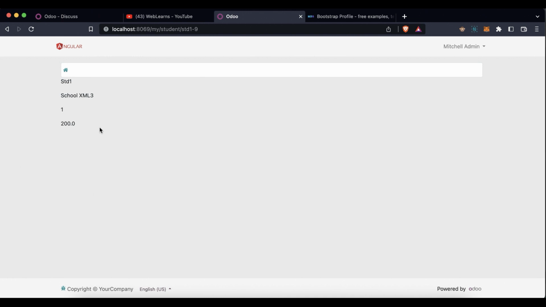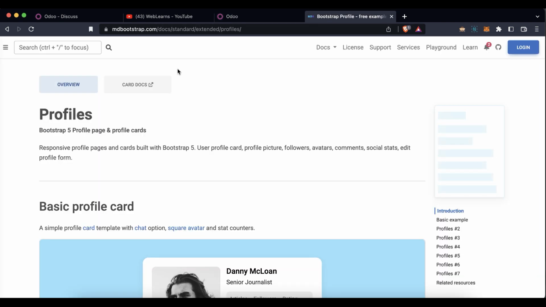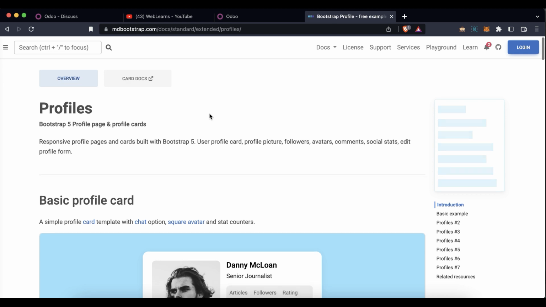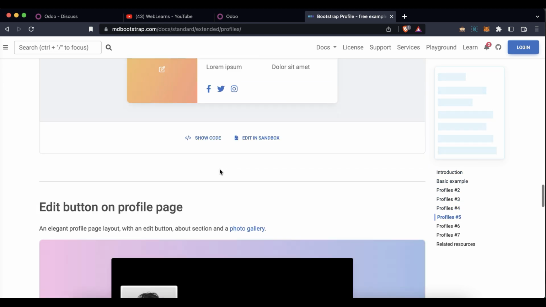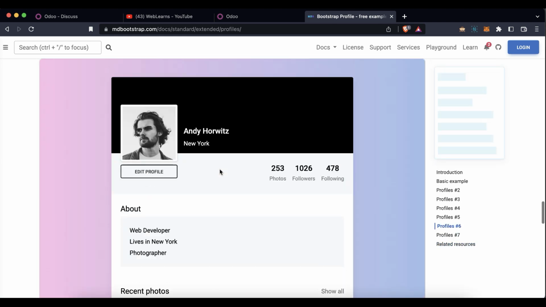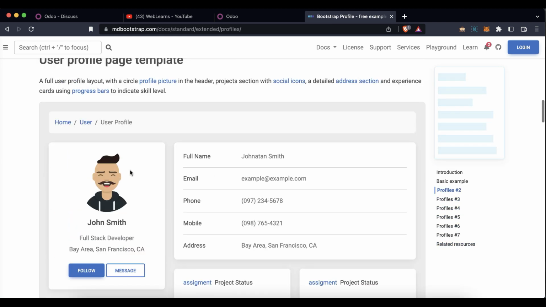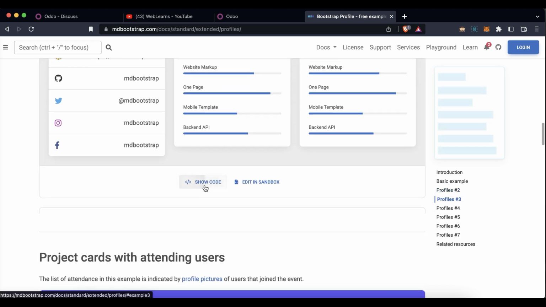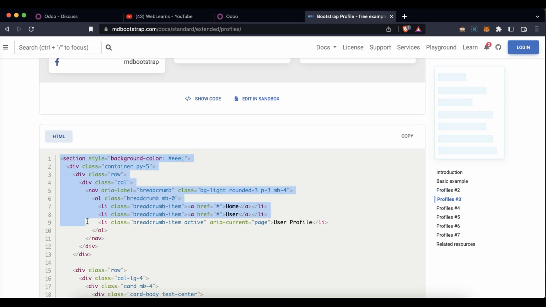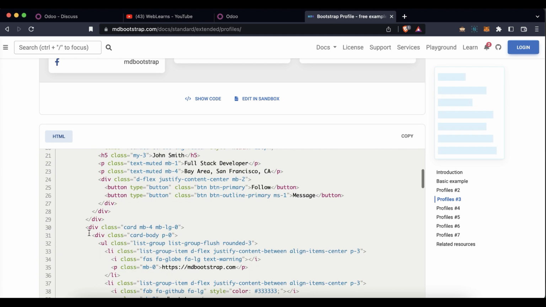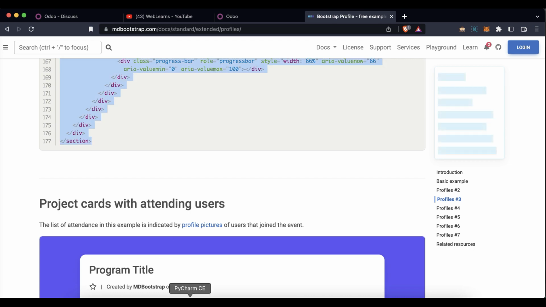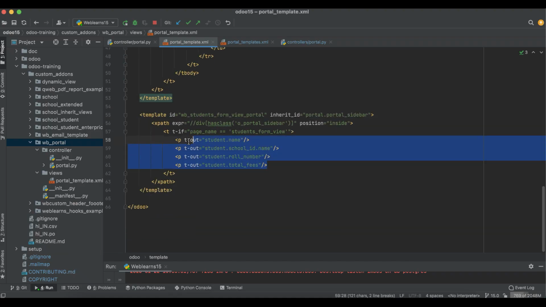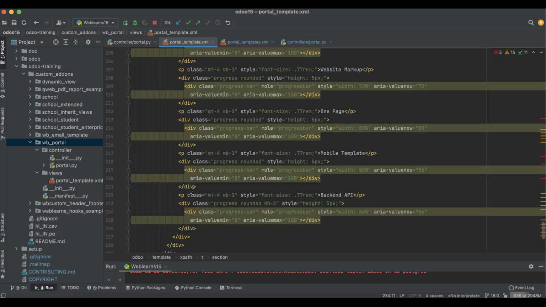Now another thing is, if you want to add some beautification, I have something like this one, the best ready-made profile templates available with the source code. Okay, so let me add this part. So I'm going to go here, let me copy this section and simply paste here. Oops, we have